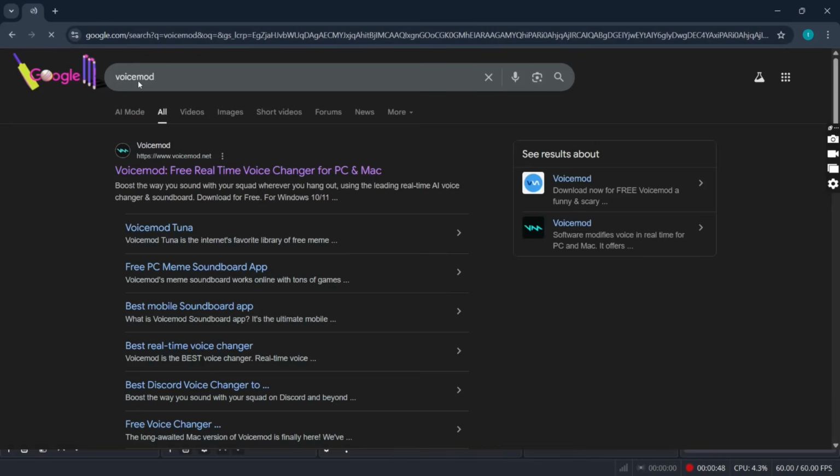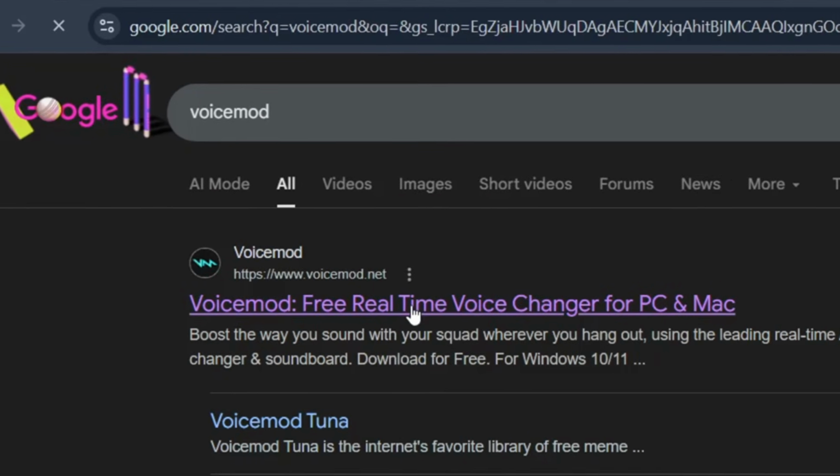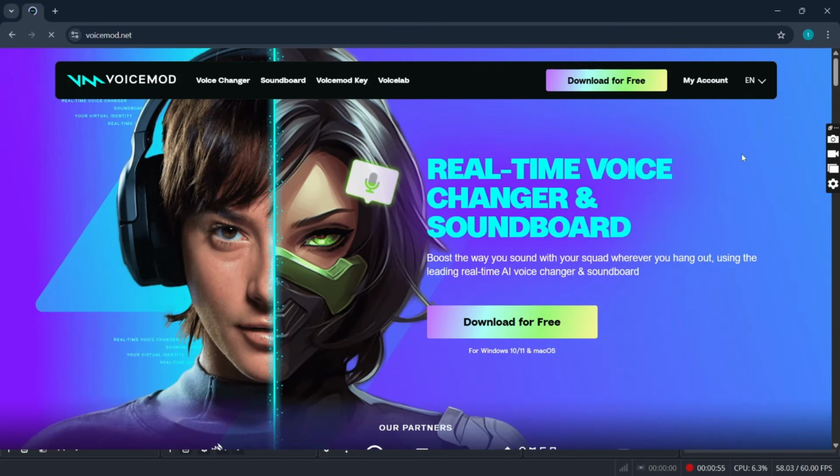bar, just search for Voicemod and click on the first link. If you are using it for the first time, it may ask you to sign in with your account. So just sign in with your account, click on download for free, and download the app from here. For the sake of the video, I have already downloaded the app. So after installation, just open the app